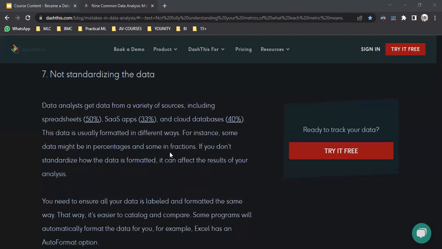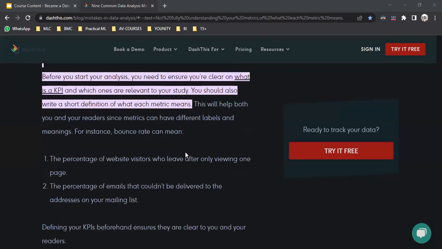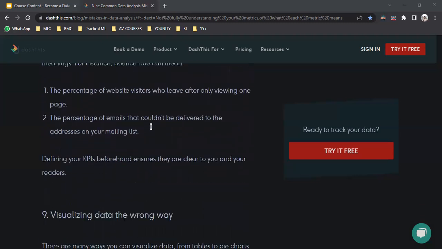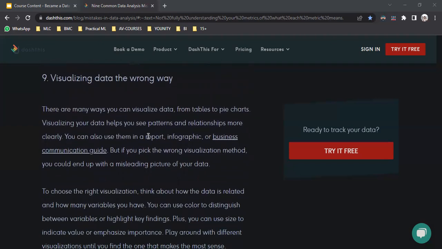You need to standardize the data whenever you want to optimize your results, and also fully understand the KPI metrics. How useful is it for the end user to explain, to get some interpretability in data analytics, which is very important. You need to figure out what percentage of users accept your analysis. Another mistake is visualizing the data the wrong way. Let's say you have different columns in your data sets; you need to arrive at the solution with different kinds of plots.